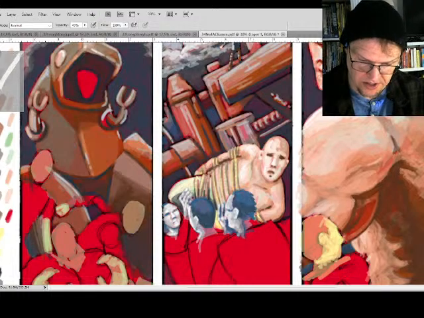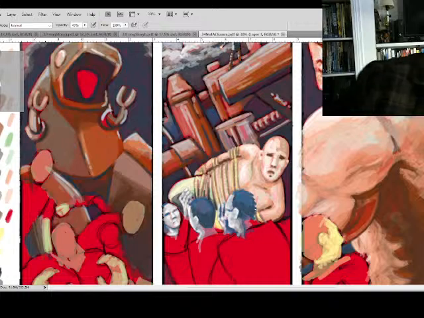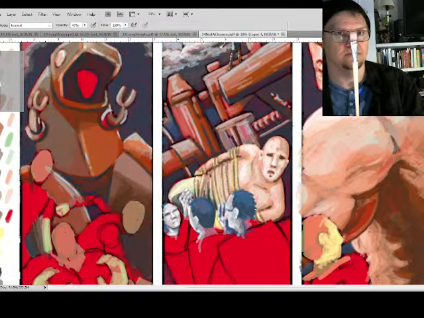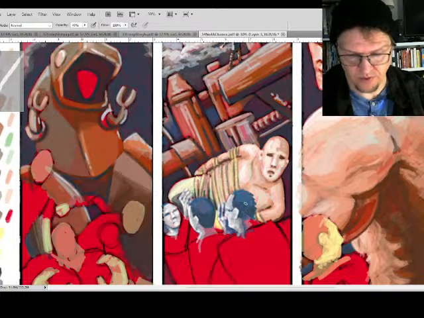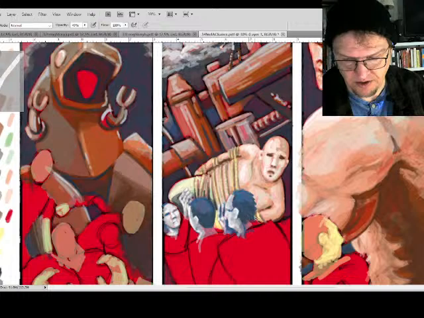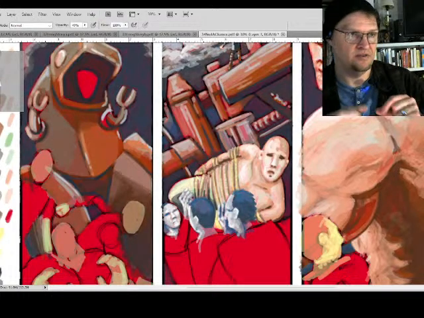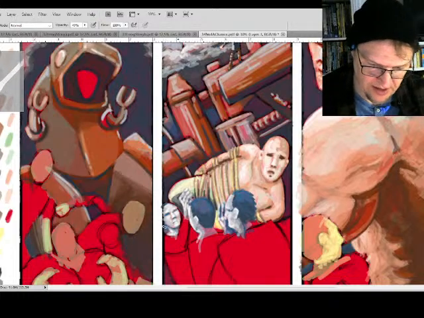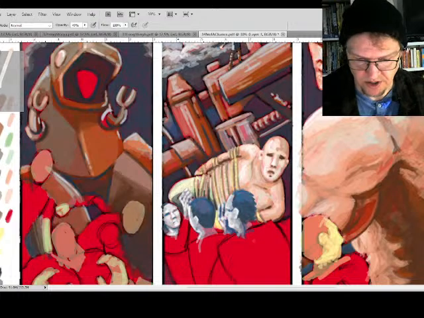So what I'm using is a chisel brush, like a flat brush, similar to this, right? And doing the whole thing with the one brush size. And now if I implemented some more smaller brushes, we're going to be able to get a lot more specific, smaller detail. But we started with one brush. We're going to finish this with one brush. Okay, so